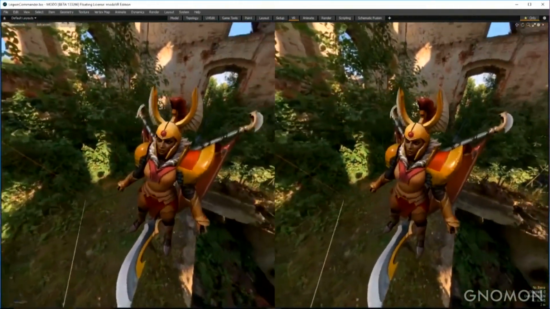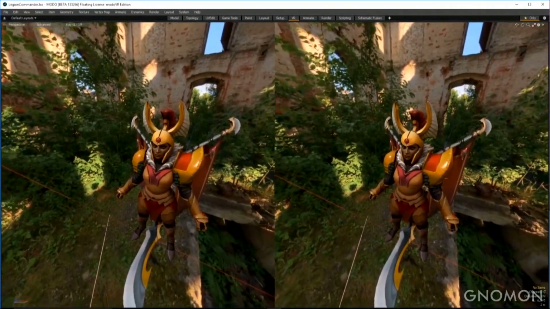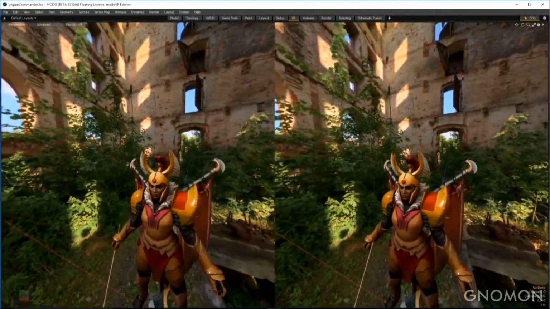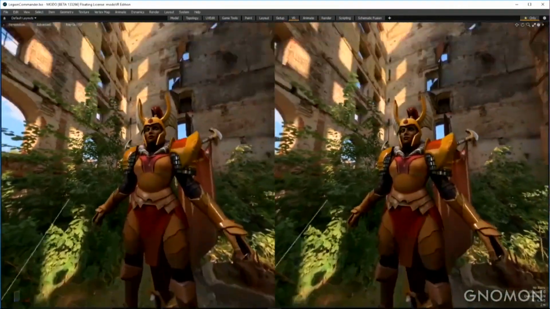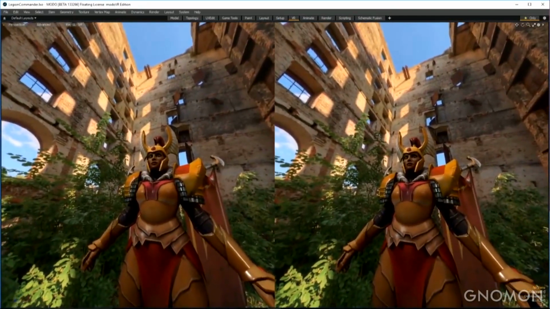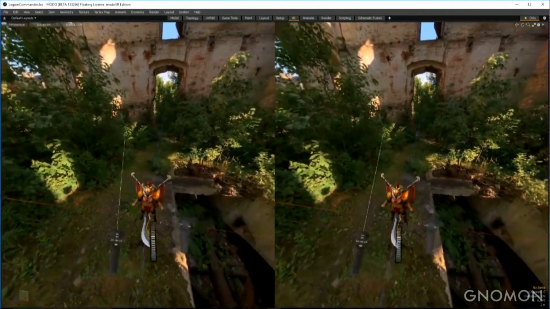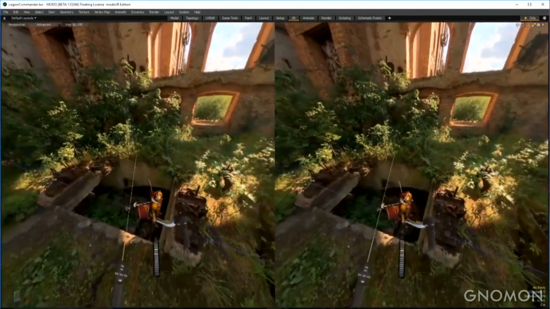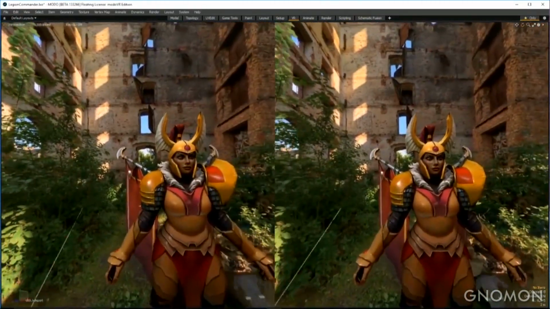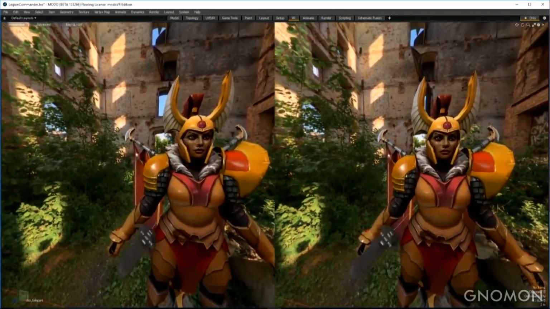And here's another character. This is Legion Commander from Dota 2. I've played this game. I've seen this character many times. I thought she was a lot bigger than me. I thought she was like 6'6". Turns out she's actually like 5'1". And so that completely shifted my perception of this character. And as you can see, I can just navigate around and look at it even from the perspective that you would find in the game.